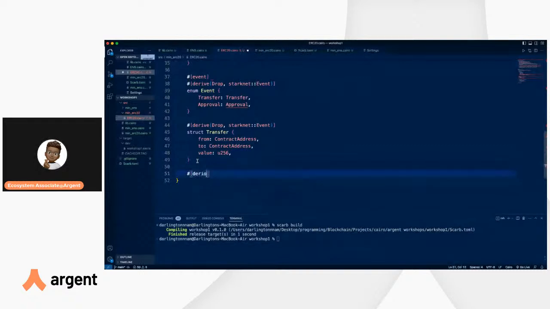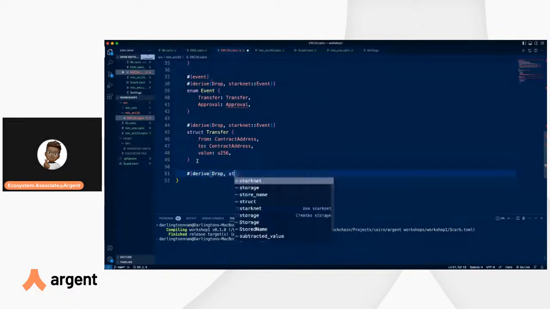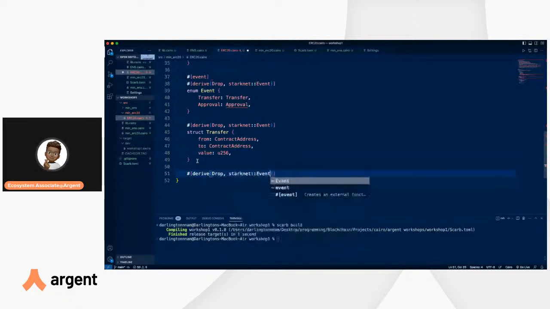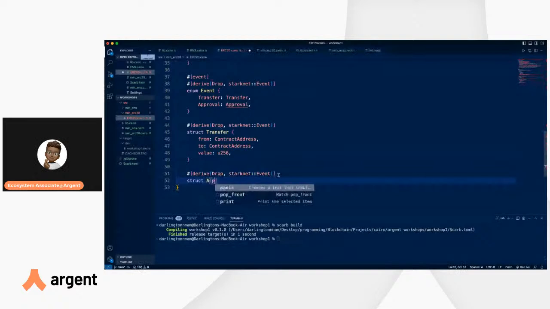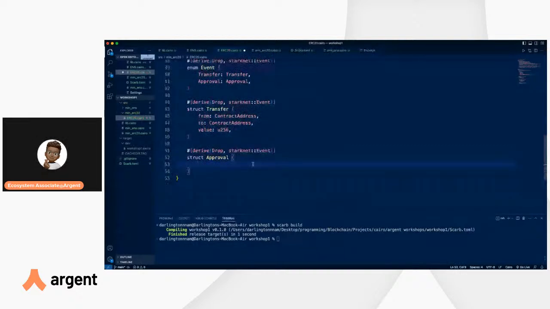We're still going to derive Drop, and then the starknet event, and we want to specify the structure, which we're going to call Approval. And the struct is going to, what are the things you think we want to emit each time an approval is carried out? We probably want to let the outside world know the owner